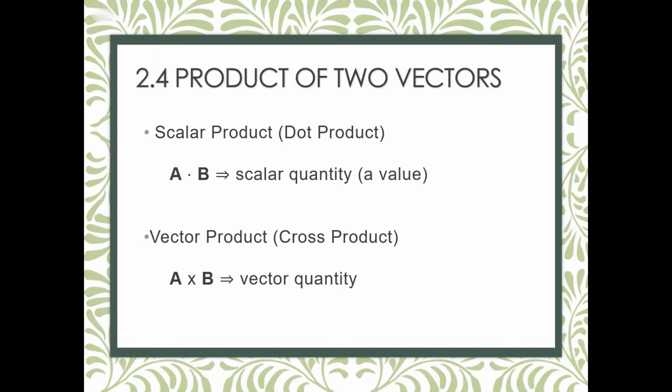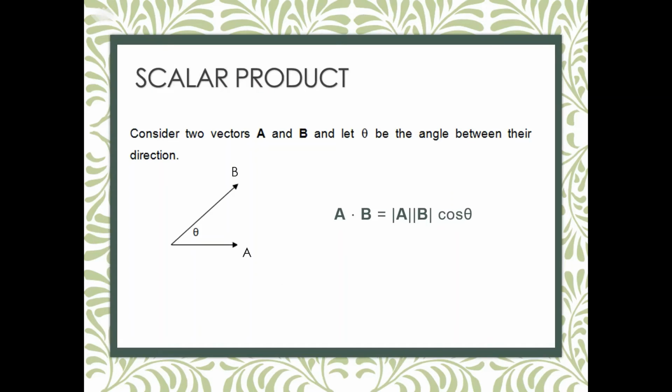The scalar product of two vectors can be defined as the product of the magnitude of the two vectors and the cosine of the angle between the two vectors. Consider two vectors A and B and let theta be the angle between these two vectors. The scalar product A dot B is defined as the magnitude of A multiplied with the magnitude of B multiplied with